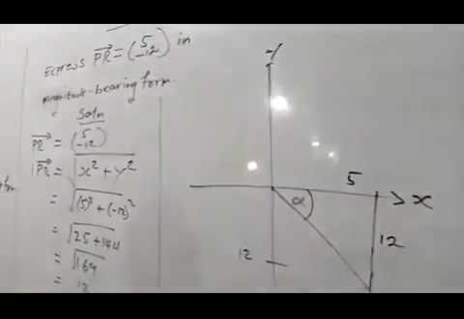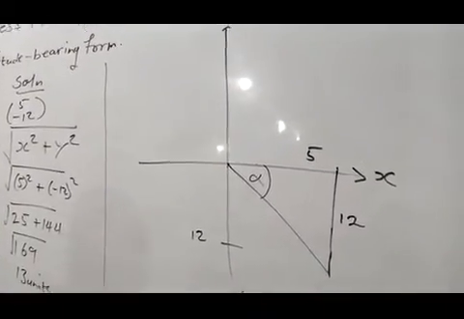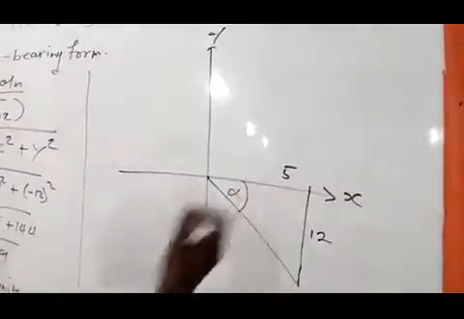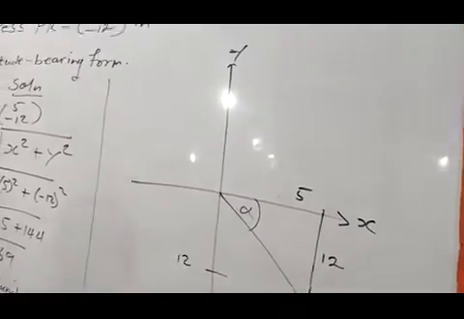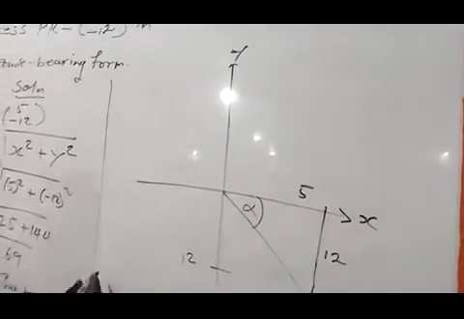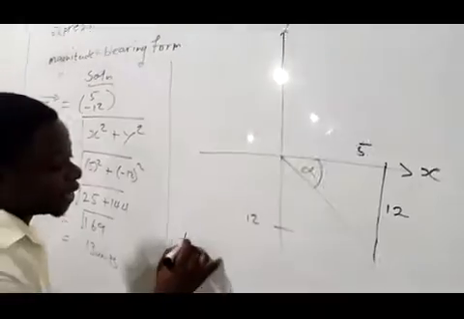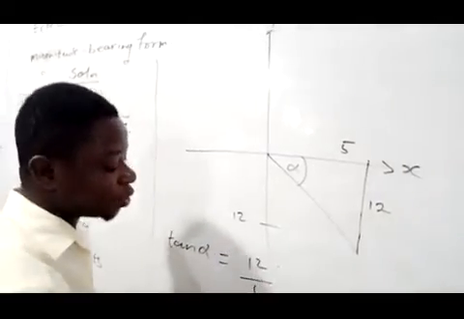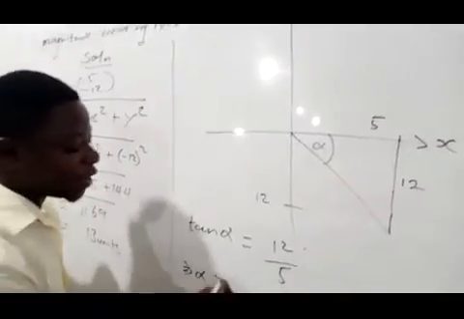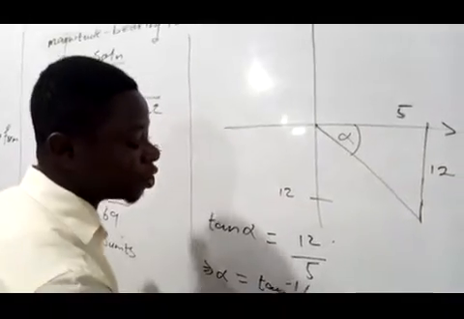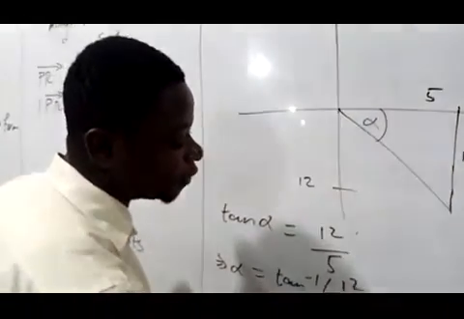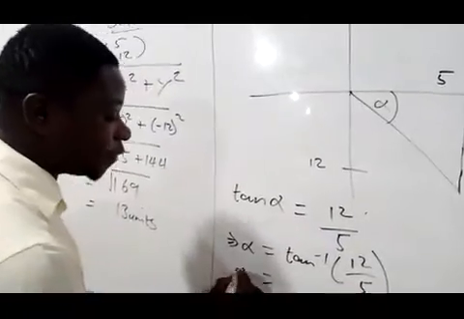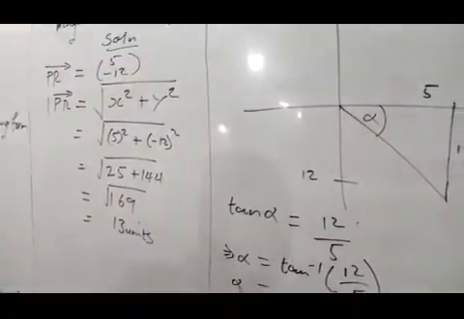It is definitely going to be TOA, because all the time you are given the adjacent and the opposite. So we say that tan alpha equals opposite, which is 12, over adjacent, which is 5. So alpha equals tan inverse of 12 over 5, which is